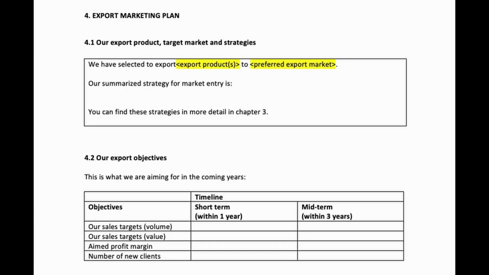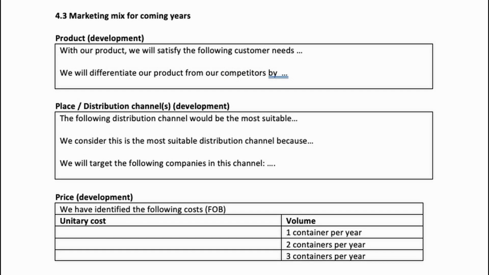In section 4.2, the company will look at its sales targets, what kind of volume, what kind of value, what kind of profit margins does it want, and what are its objectives for the number of new clients. In section 4.3 then, we're going to look at the marketing mix that it needs to reach these objectives of 4.2. So here they would look at the product, what kind of product they want to sell, or whether they need to develop the product any further, the place or the distribution channels that they are going to use or